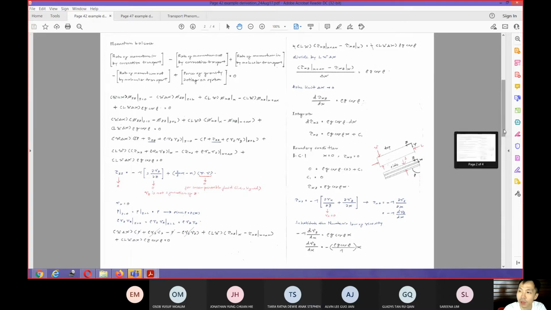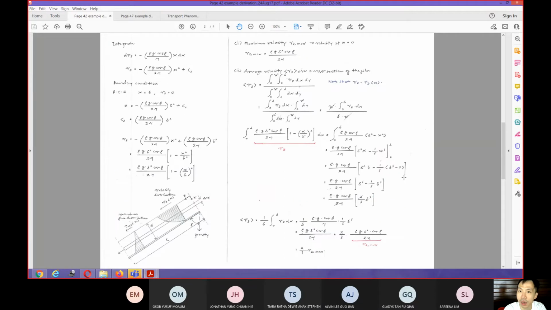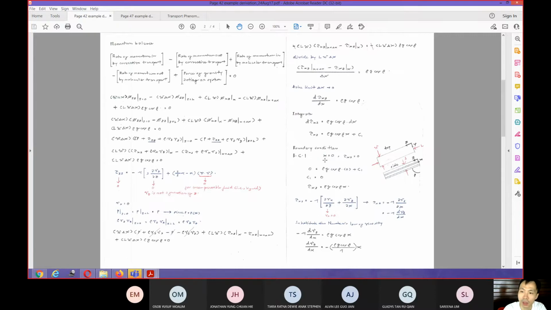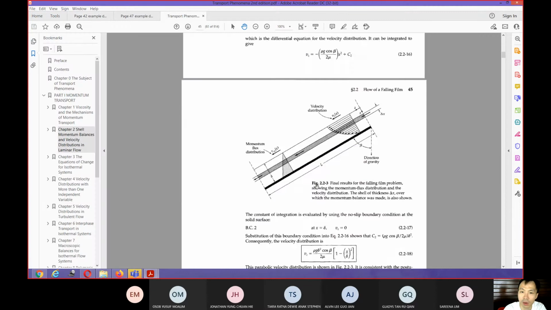After we put in Newton's law of viscosity, we can get the integrations, the boundary conditions, the Vz and everything here. So I discussed up to this point. By plugging in the boundary conditions, at x equals 0, tau xz is equal to 0, which is where we get from this